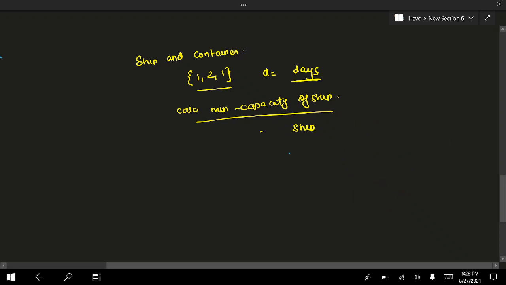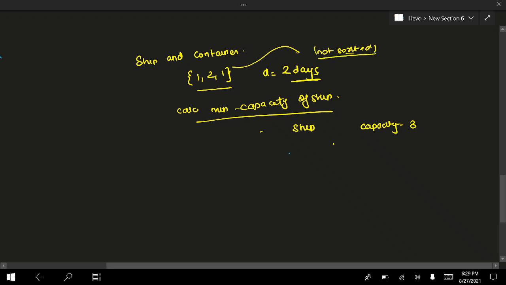But let's say it's 2 days, right? So what can we do in that case, how do we calculate the minimum? If we do it with the same approach, what is the problem? For example, the capacity of the ship here is 2. In this case, if the capacity is 2, that means it will take at least 3 days for the weights to get delivered, right? But if we take the capacity of the ship to be 3, we can deliver all these weights within the 2 days, right? And one more thing, this array here is not sorted, so you have to manage with that.